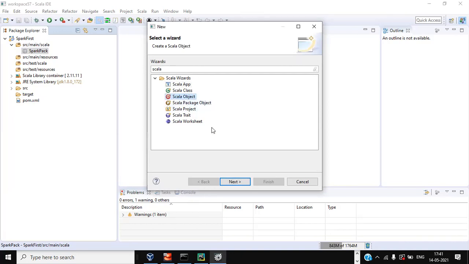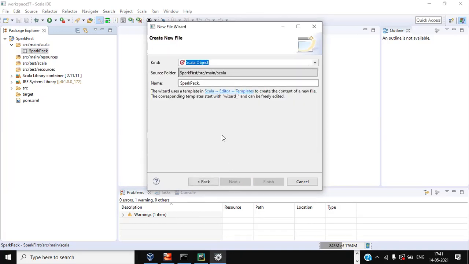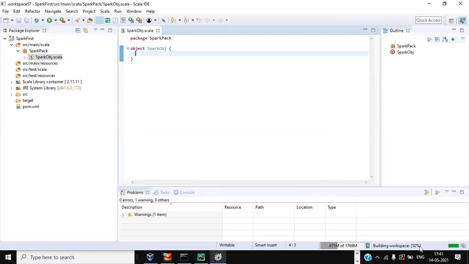Click this, Next, then give the name here, sparkpack.sparkobj. So this is a Scala object. Give finish. You can see the progress at the bottom right corner. So an object gets created.